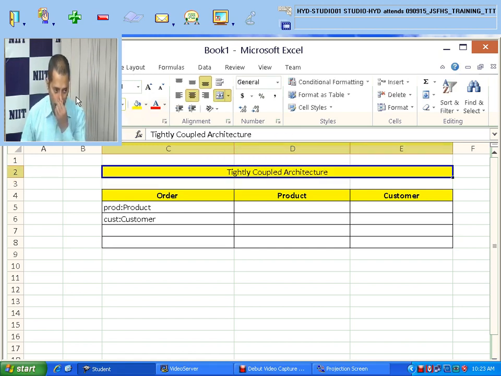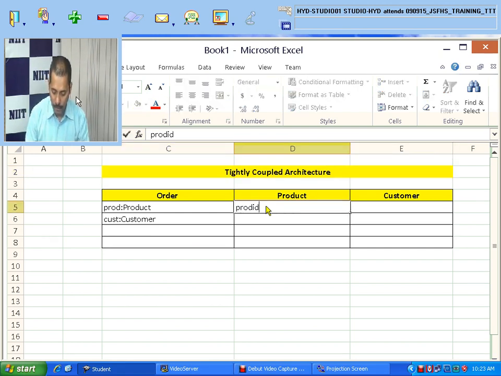Remember this. The product will have a product ID, which will be an integer, a product name, which will be a string, and maybe the price of the product, again an integer or something.